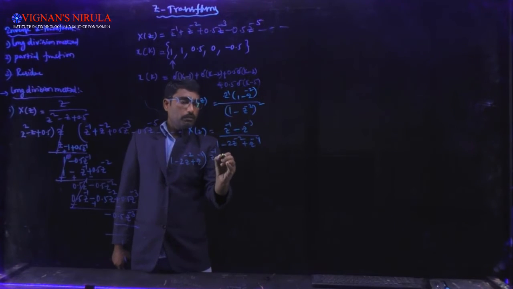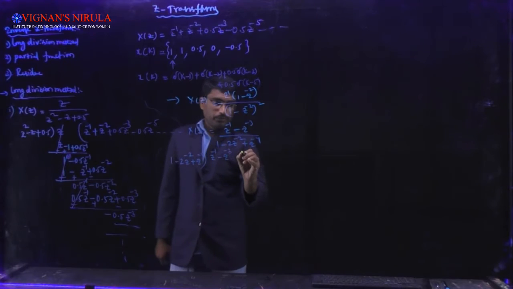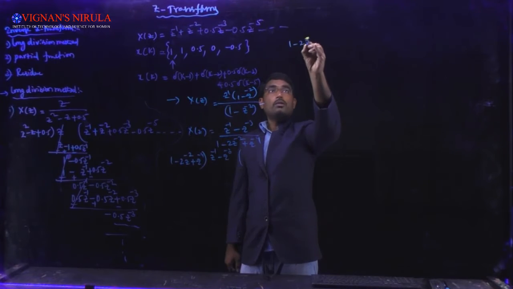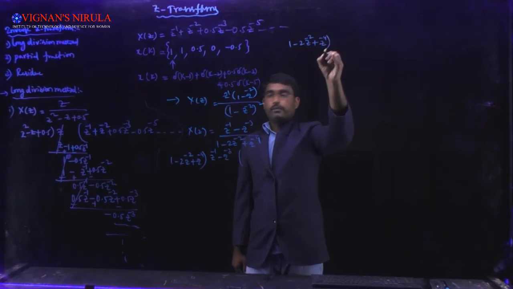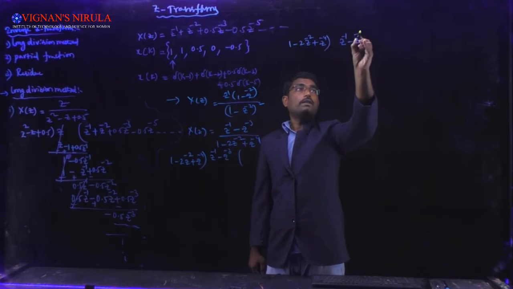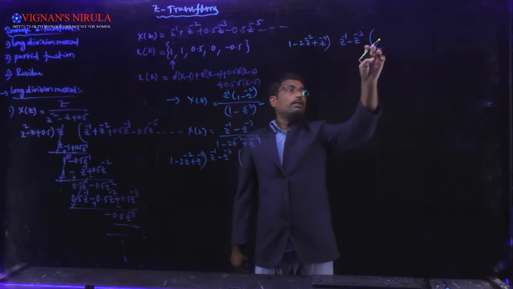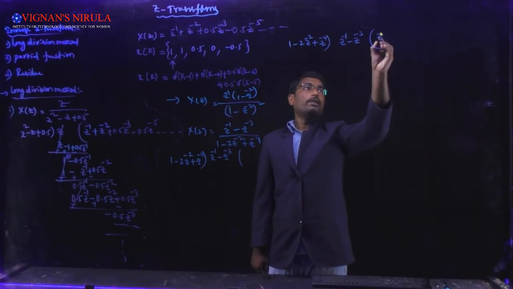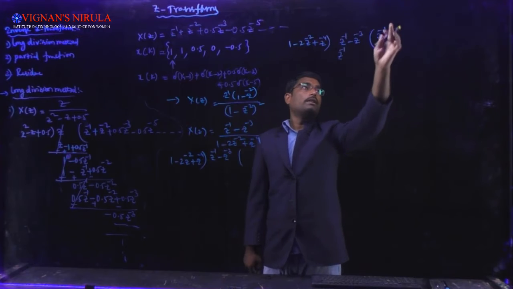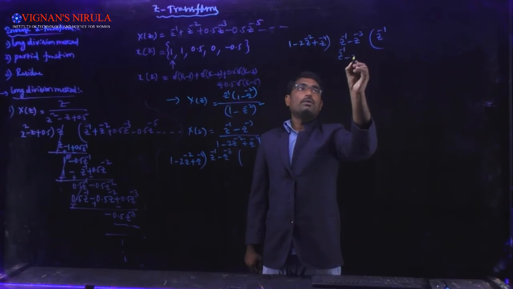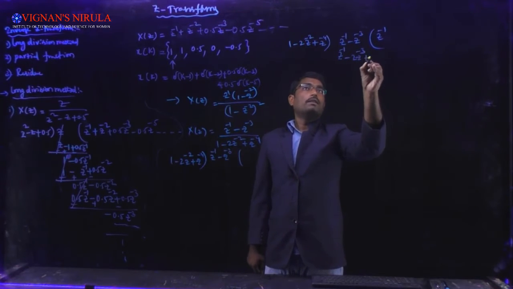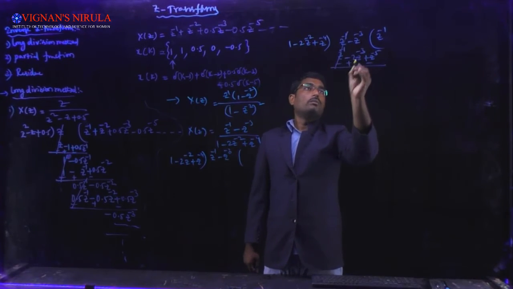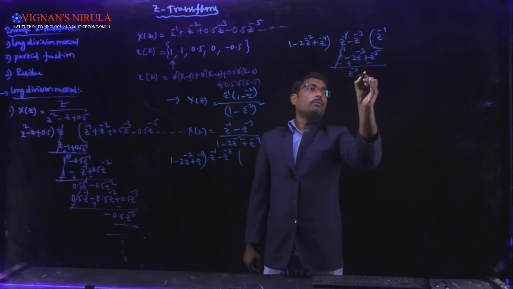In these two manners we can do this. Z power minus 1 minus z power minus 3. Of course, we can do it here. 1 minus 2z power minus 2 plus z power minus 4, z power minus 1 minus z power minus 3. Here also in the same manner. So, with which term we need to multiply this first term in order to get this first term? So, 1 into z inverse becomes z inverse. Now, multiply this z inverse with the total part: minus 2 into z power minus 3, plus z power minus 5. Now minus plus minus. Now 2 minus 1 means z power minus 3 minus z power minus 5.